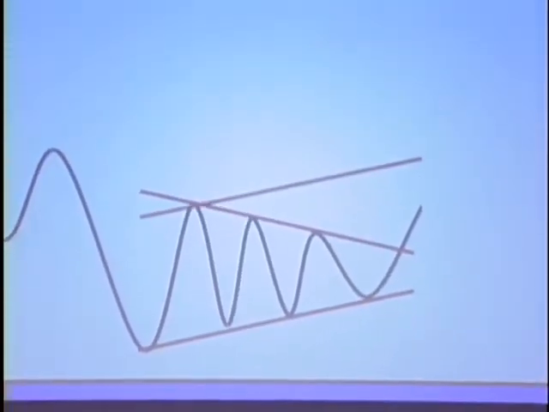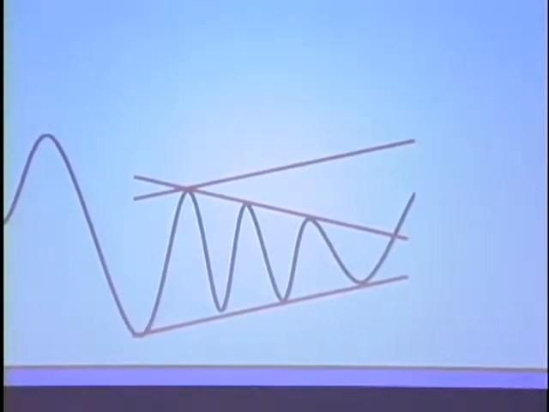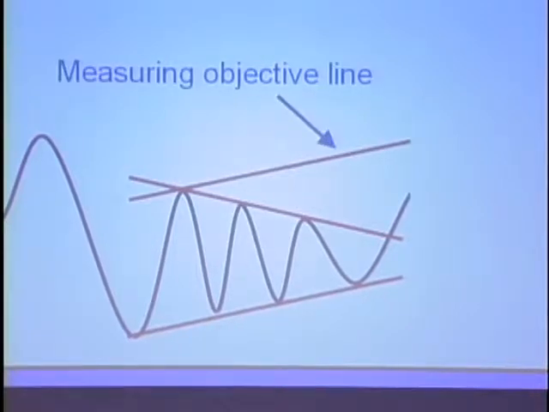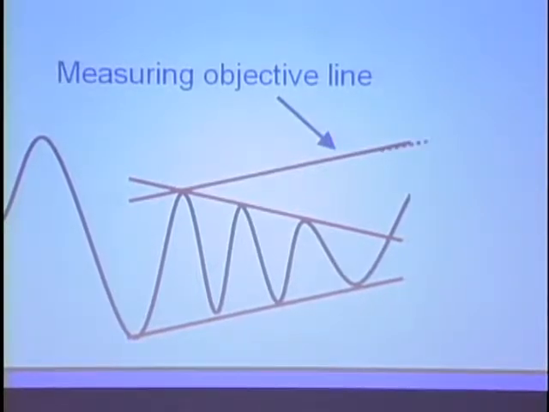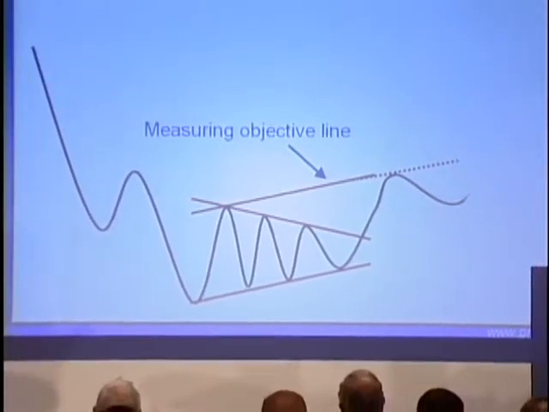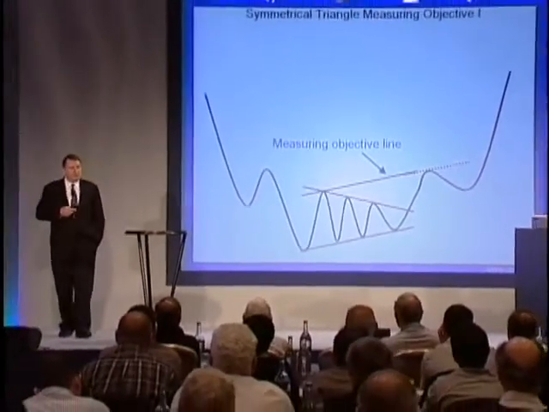Here's the same thing on a triangle at the bottom, where you draw a line from the bottom to the top of the triangle, a parallel line, and then extend that trend line because that becomes the measuring objective line, and then the price eventually should get to that measuring line. That's the way the classic text told us to measure the